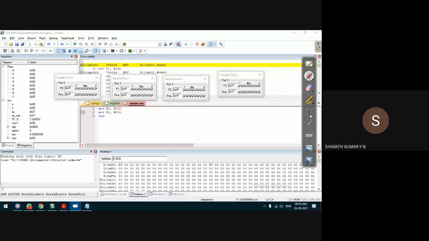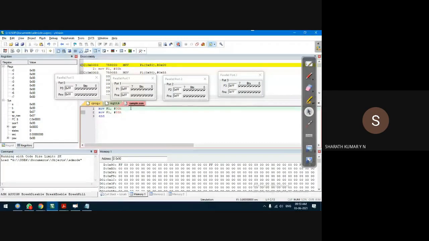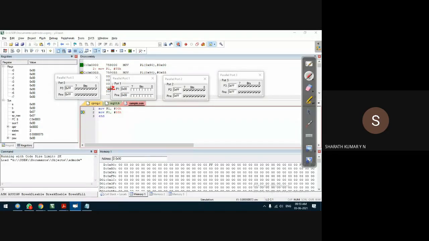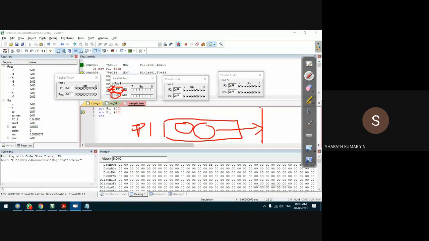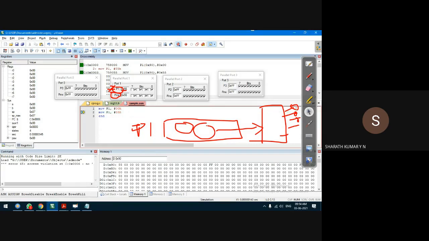F11 on my keyboard. So first, you can see that the port P1 is loaded with 00. Please observe that the port pins, internally the register port P1, is reset to 00. The pins are also reset to 00, because whenever you load some data to port P1 or P0, whichever port, the same data will be sent to its physical pins on the microcontroller. If you load 00, all the pins will have 00. Fine. So F11 on my keyboard, next line instruction.